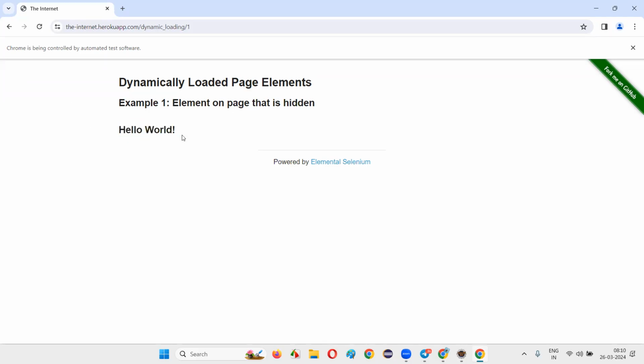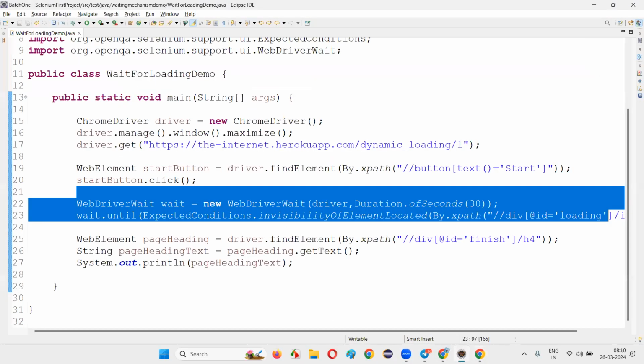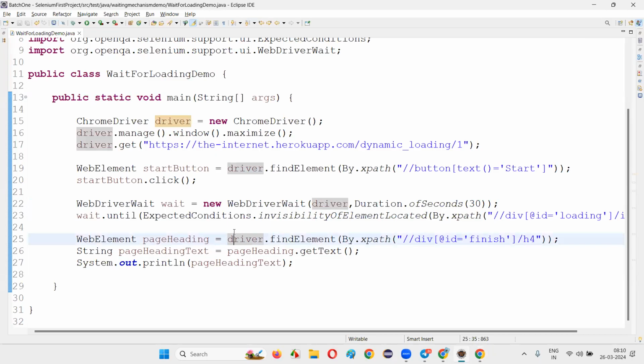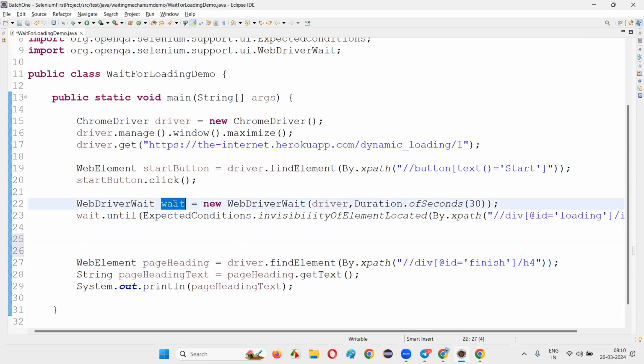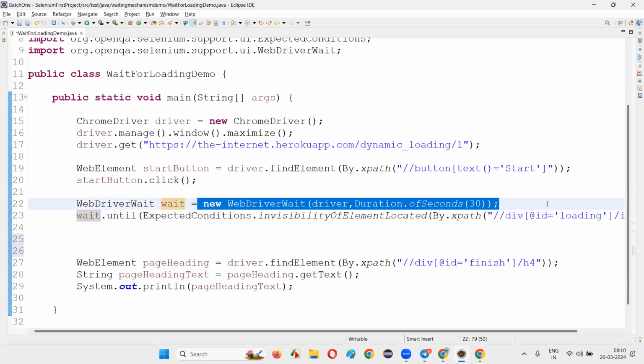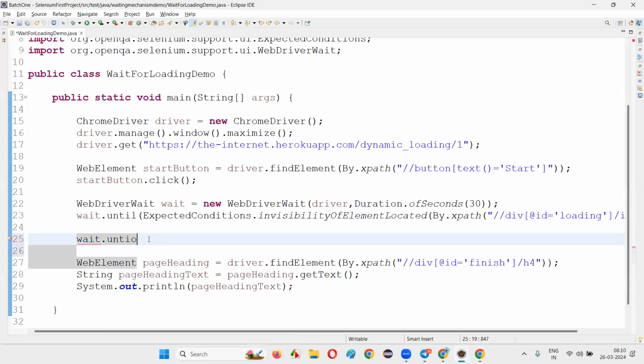So we have to also wait for this hello world also. So I'll implement that. Here, we have already declared the WebDriverWait, so I don't have to do anything. The new WebDriverWait is already there. This line I don't have to write. I have to write simply wait dot until